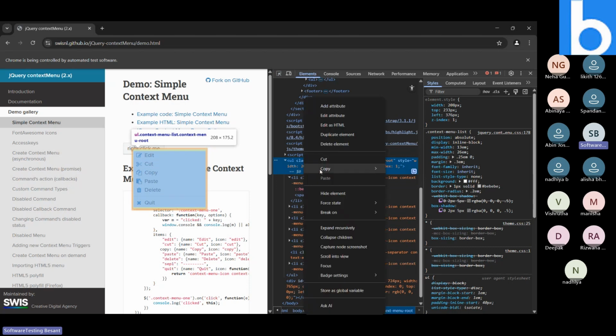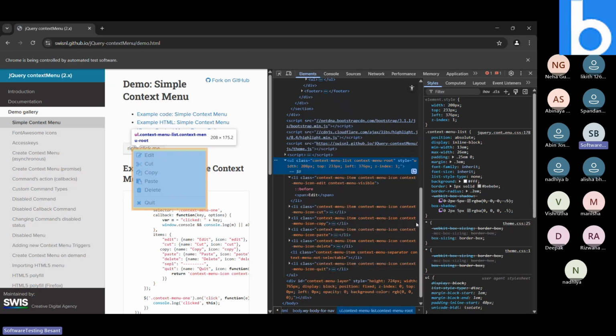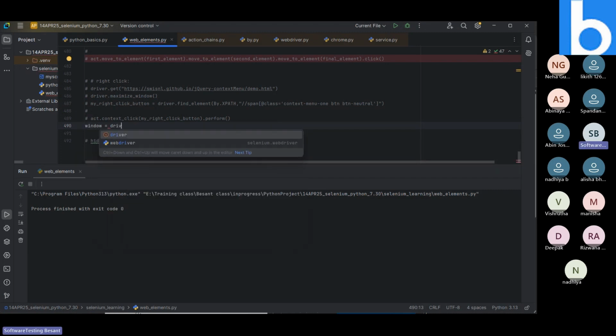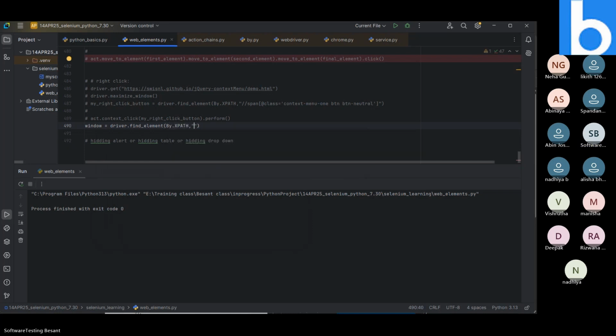You have to take the XPath and store it in one variable, window, driver.findElement(By.xpath). You are supposed to save that. Then, once you click the right click button,